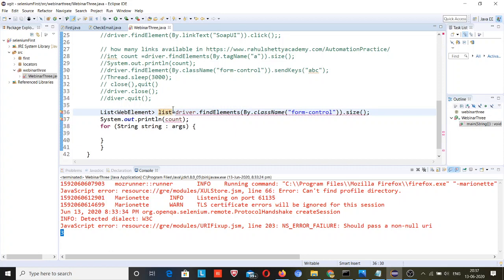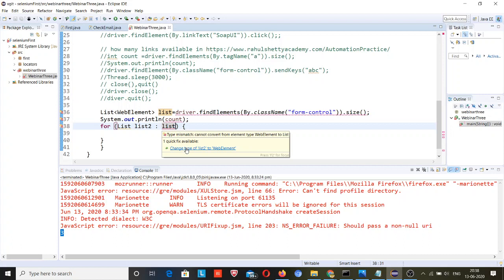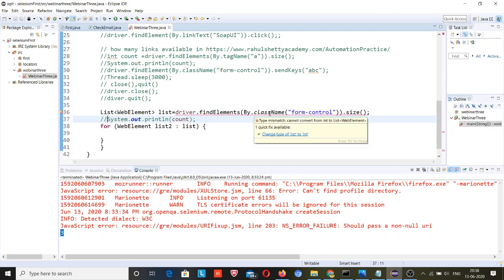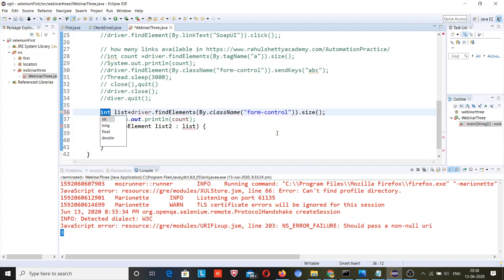Okay, what I will do. What is this? Okay, so let me remove this count. Guys, there may be some problem in my Eclipse right now.